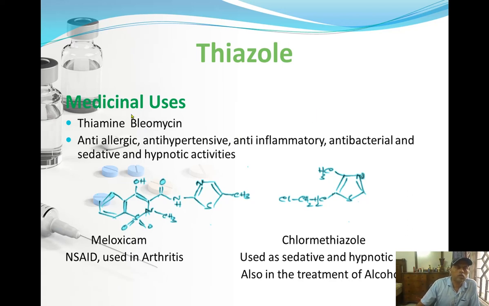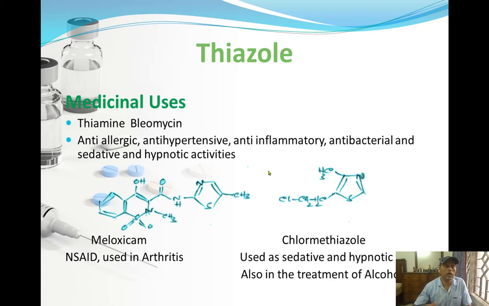The other natural product that contains thiazole is bleomycin. Bleomycin is a natural product obtained from the fungus Streptomyces. Right. Apart from this, you can use thiazole to prepare medicinal compounds